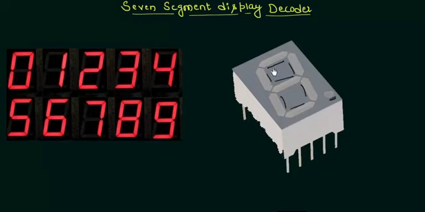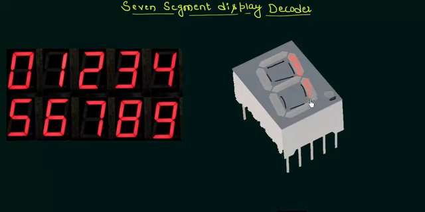An individual LED is associated with each segment, and depending upon the input and what they have to display, the corresponding LEDs glow. On the left hand side you can see that we are displaying the numbers from 0 to 9 using this display. For instance, let's say I want to display the number 1. For this I have to illuminate these two